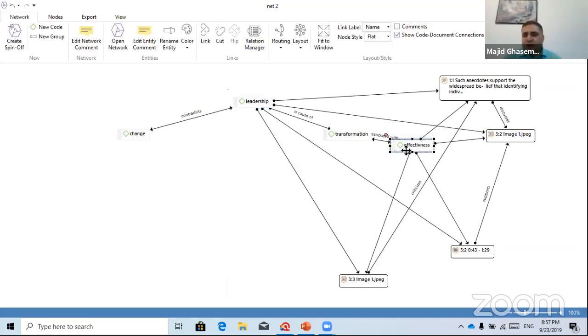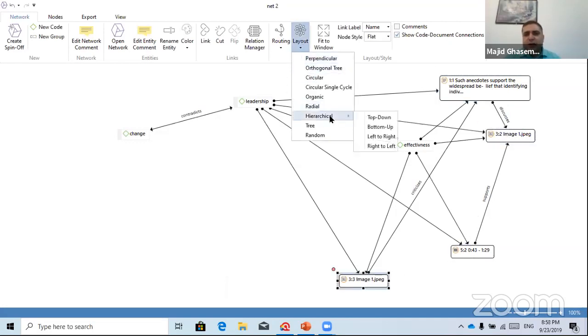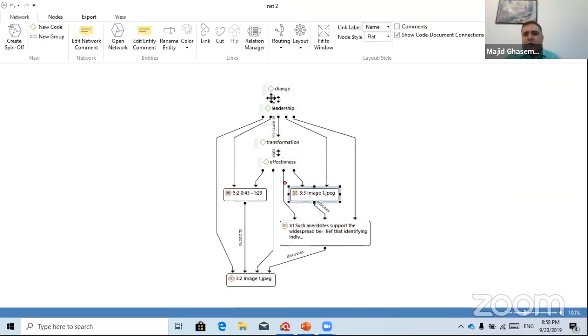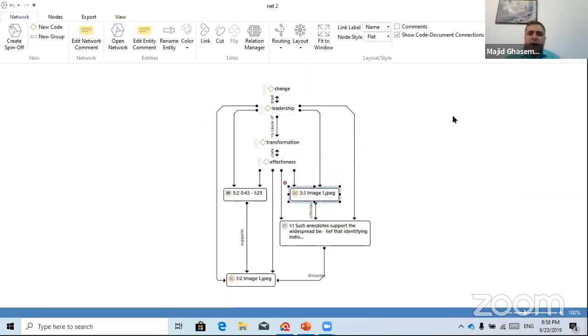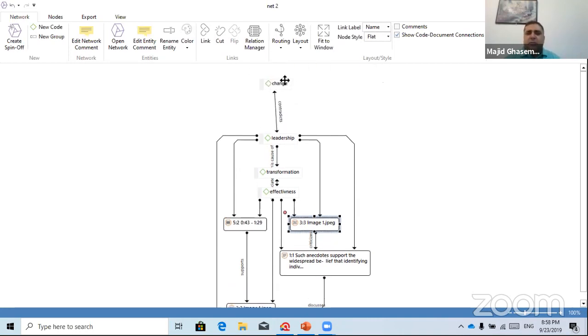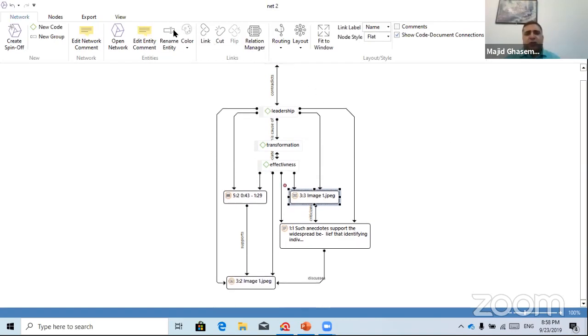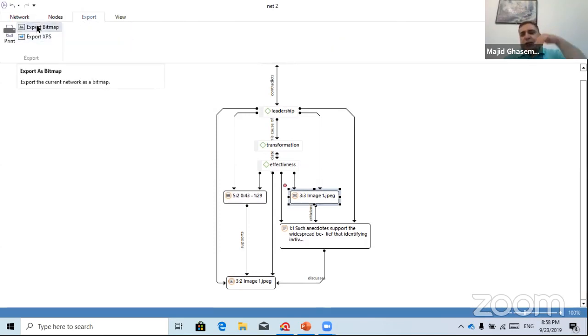Even though I requested the quotations of this code and these were displayed, you can see some other linkages, because these are the other codes that have been used to code these quotations. Again, using this layout, you can create different types of networks. The important thing again is that it should be informative. So these are different versions, different aspects of networks. If you want, you can export this as an image and then import it into your files, your papers